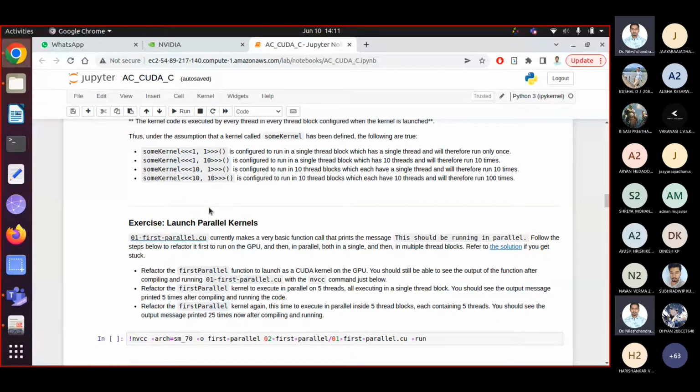Based on whatever things we discussed throughout this course, you are supposed to apply that logic to solve that programming assignment. And once you solve that assignment, automatically it will be graded, right? Automatically it will be evaluated, right? If your answer is correct, then you will get full marks, and immediately you will get a certificate for that, right? Immediately you will get a digital certificate in the progress bar.